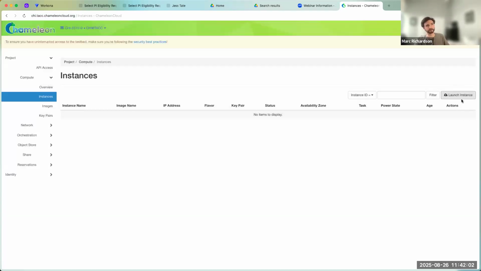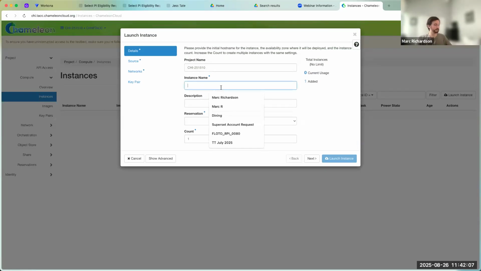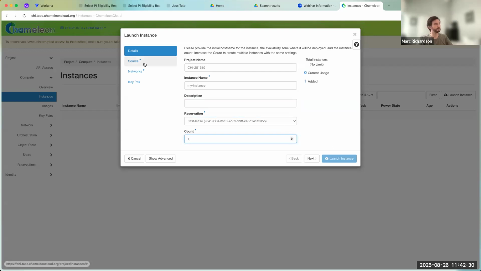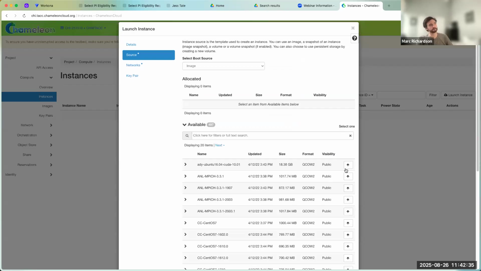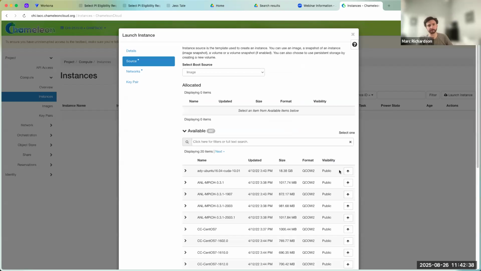And this again is going to be a simple form on the GUI. So you're just going to click launch instance here, give your instance a name, and you can give it a description if you would like. And then another important part is you're going to need to select your lease. So if you don't have a lease, you're not going to be able to do this. You need to have that lease first, and then you're going to select it here. And then here, this is where you're going to tell it how many instances you want to launch. We're just going to do one. On the source page, this is going to be where you actually add your appliance or your image that you want to